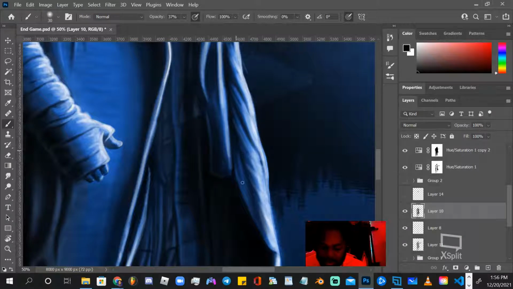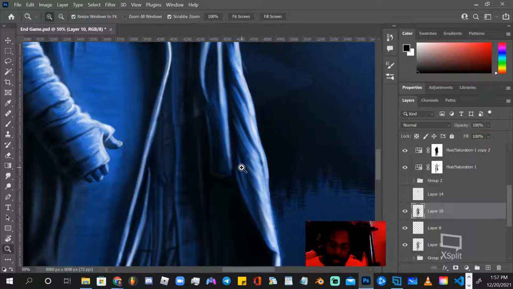Alright. So here we had some lighter spots that need to be darkened up. Let's get my zoom out.